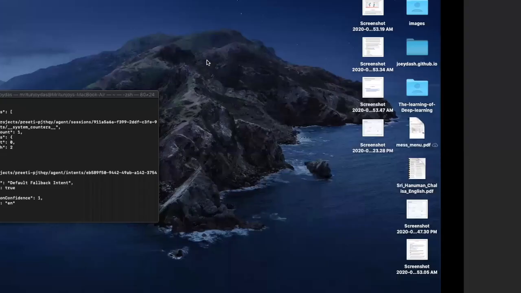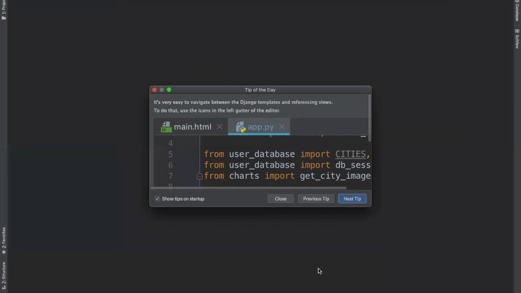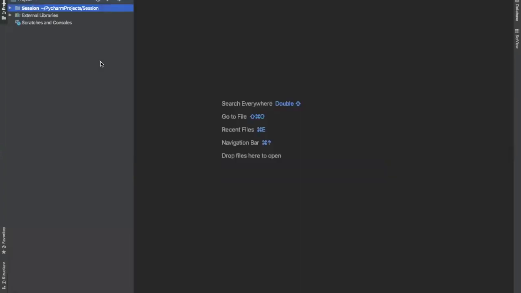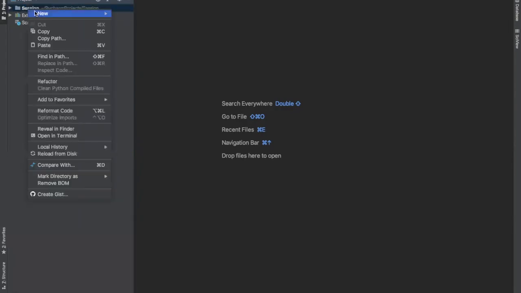So creating project, it creates a folder. So why is this requirement.txt file? I'll explain you in short time. So let it first create the project. When I clicked on create the project, it automatically created this session folder. Inside session, you don't see anything because there isn't anything. It's only a folder. So first thing you have to do, you have to create a file named